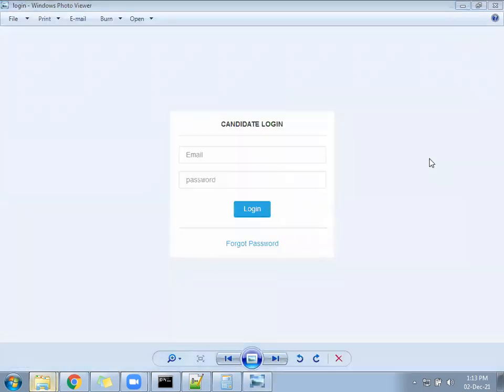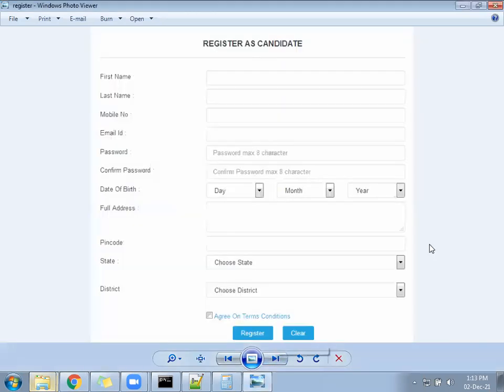This is your login page. You can take a screenshot. I will send it on WhatsApp also, but not immediately, after some time. So the photo we took is for login. The next photo is here. This is for register.